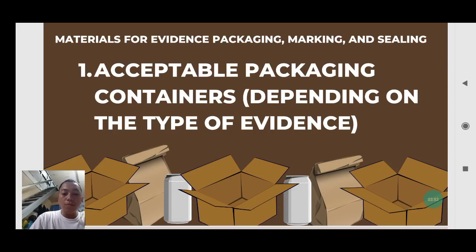Number 1. Acceptable packaging containers depending on the type of evidence include A. Paper bags, B. Plastic bags, C. Boxes, D. Manila envelopes, E. Small glass, F. Metal cans, and